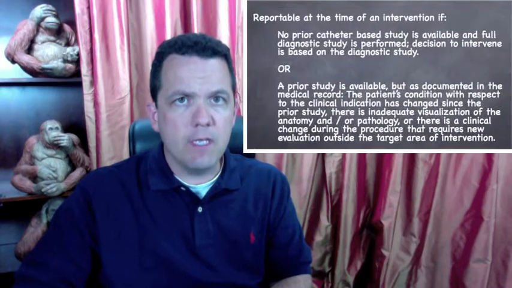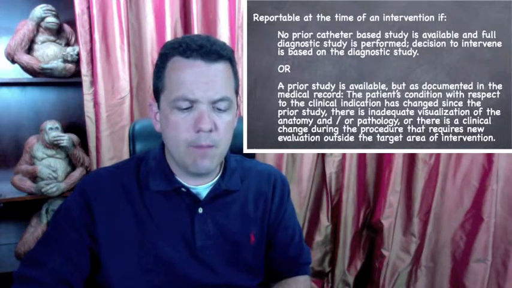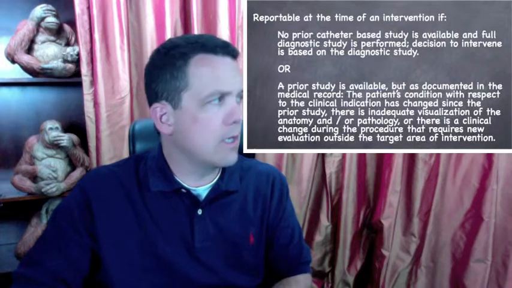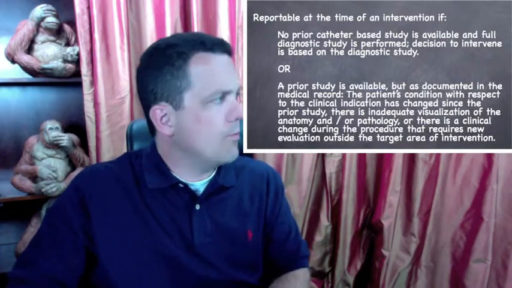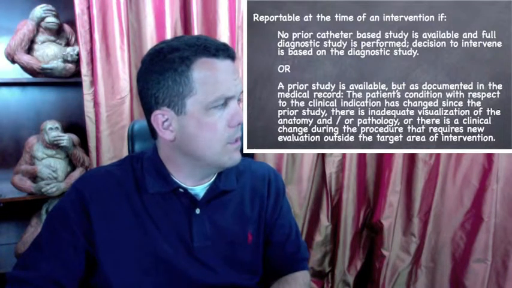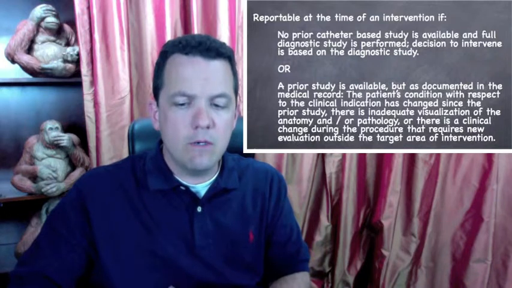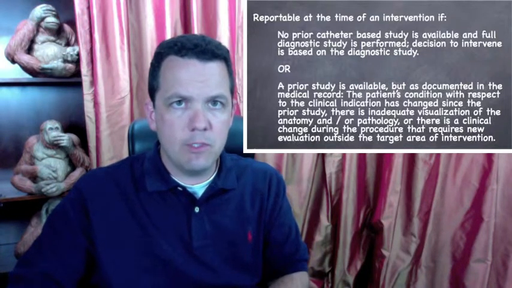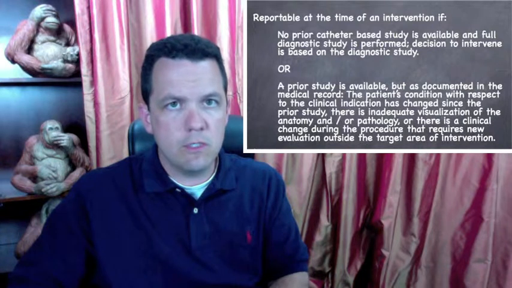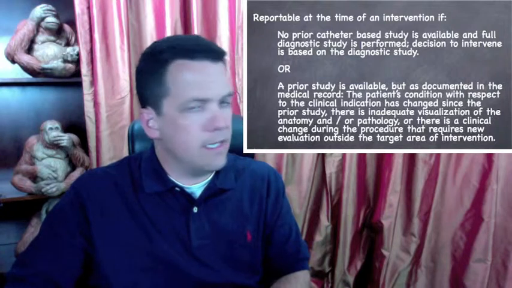Diagnostic angiography is going to be separately billable whenever it's performed, however, it has to truly be diagnostic in nature. Now, the two different points that I'll make about this come straight from the CPT book. The first is that if no prior catheter-based study is available for full diagnostic review, and the decision to go ahead and do an intervention is made based on the angiography done at the time of the intervention, in those cases we'll be able to bill for the diagnostic imaging codes in addition to the interventional procedures. Another guideline that's available in the CPT book basically says that if a prior study is available,